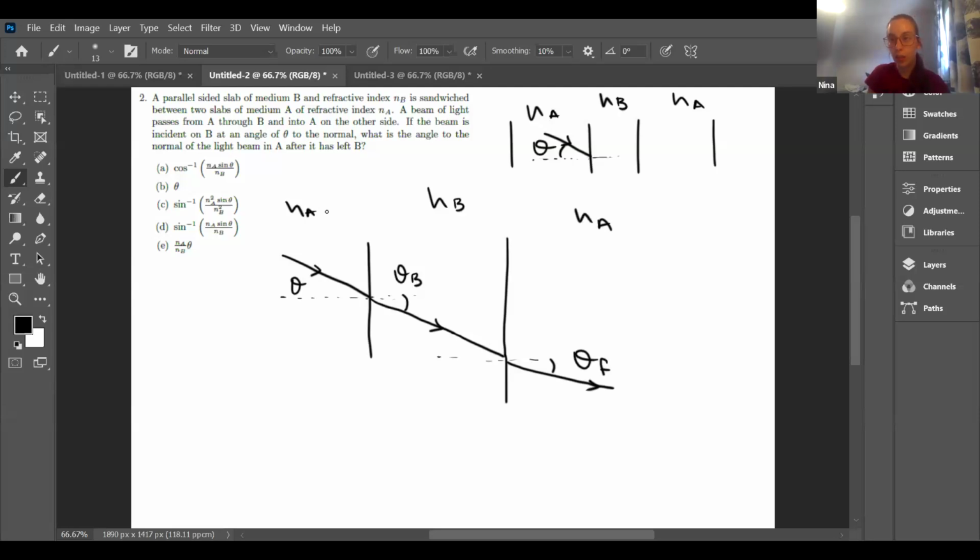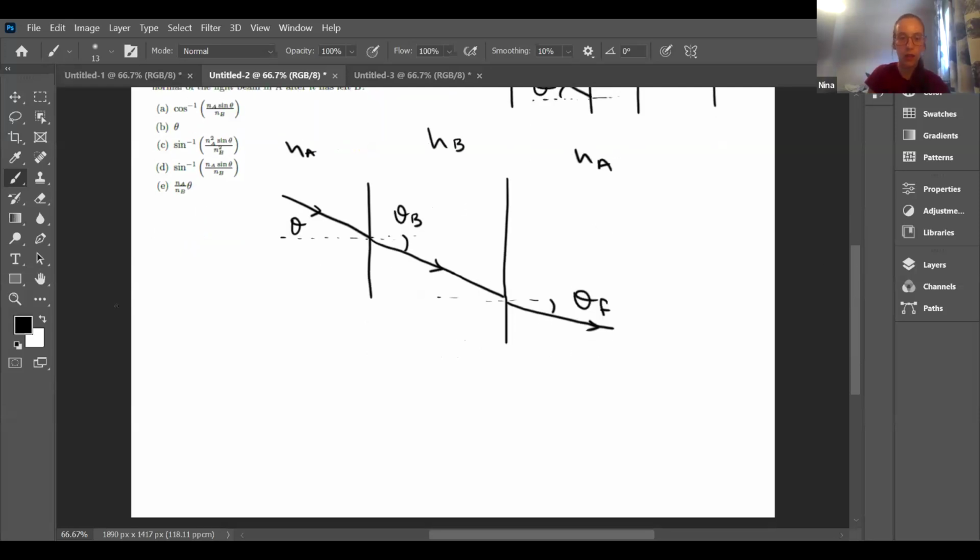So there are again 2 key points here. The first one is the alternate angle rule. Which means that because this normal here is horizontal, it's parallel to this normal here, that means that this angle is equal to this angle. So either note down alternate angle, or just label them equal, and so on.